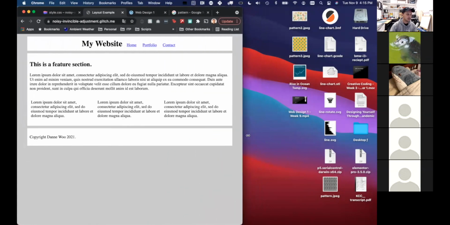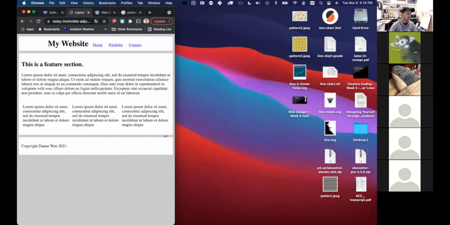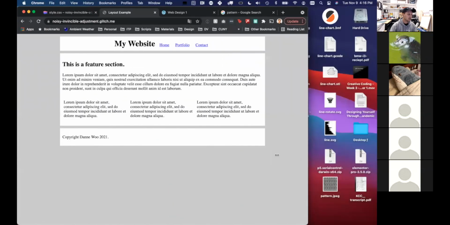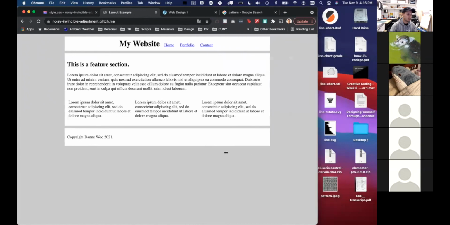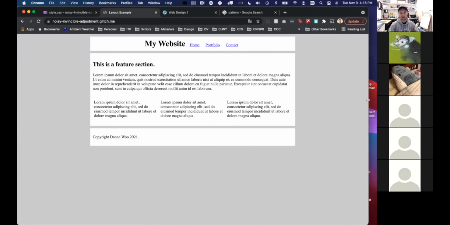But as you scale up, it's never going to go above 800 pixels wide. So it's good to do something like this for going from laptop to smartphone, essentially. So it scales up, stops at a certain point, but it scales down if it needs to. So that's very basic